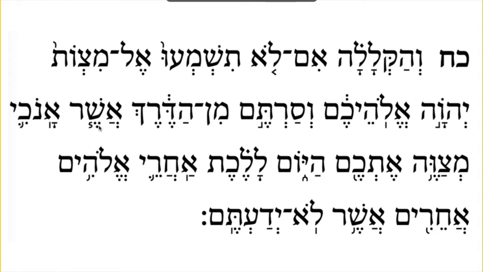Okay, and this is darga. I'll just do this because we've already said asher. Okay, darga says darga. So this is asher. And this means that or which. Okay, from the path. That or which. And remember what this is? That's the I that's elevated. Yes, and how do you say that? Anochi, very good.